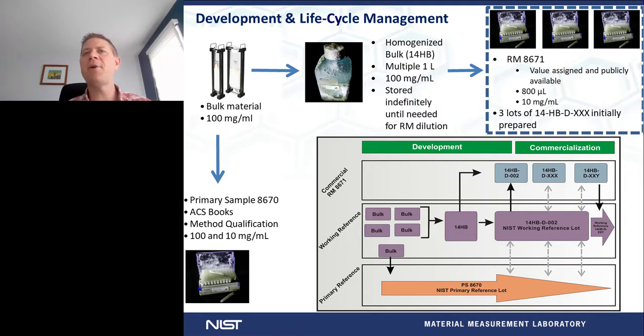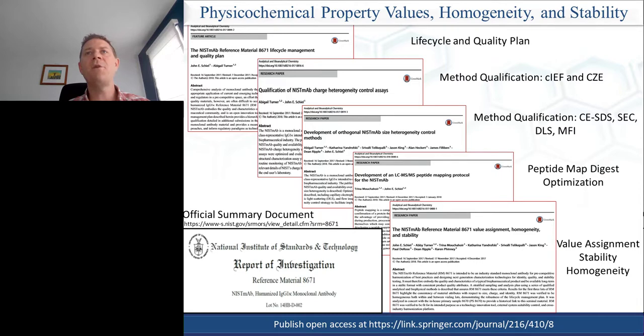And then you'll see the NIST primary reference lot at the bottom. This is our sample that, on an annual basis, we use to do a direct comparison against our internal primary standard as well as whichever lot is currently available to the public. And we do this direct evaluation to ensure quality and consistency of this material as it goes to the public. So when I mention quality and consistency, this is a highlight of those analytical and bioanalytical chemistry papers.